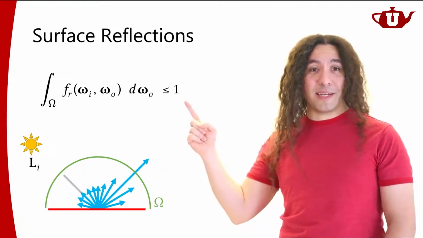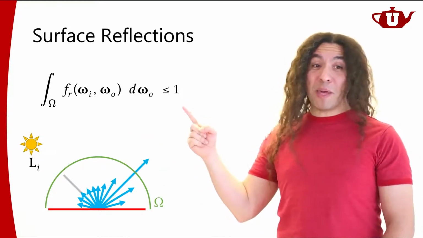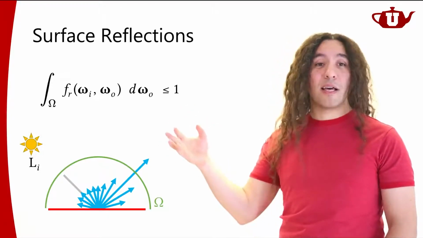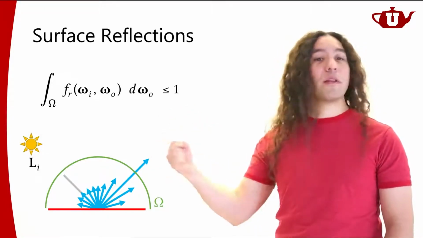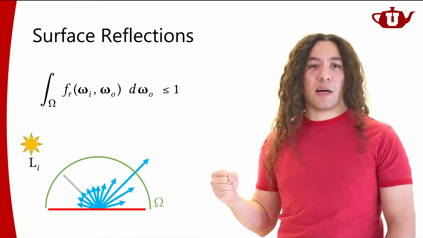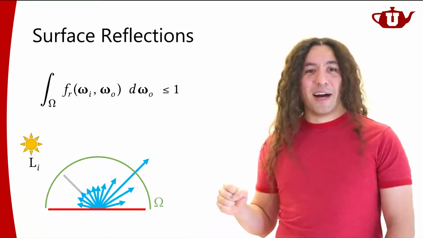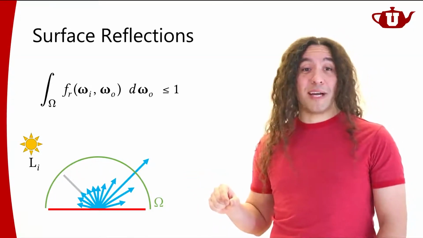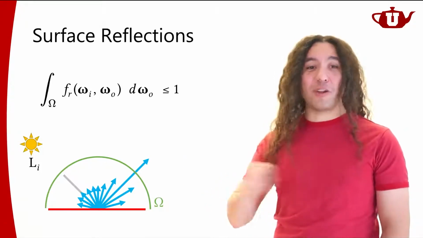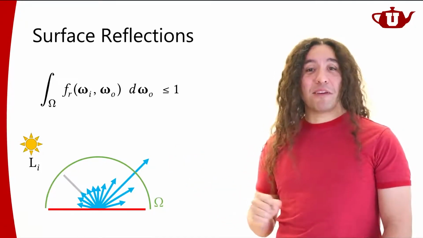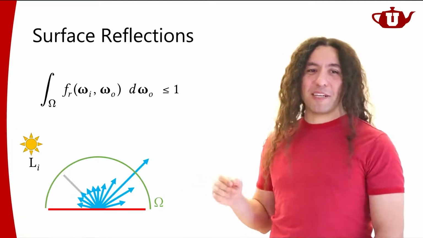If it is greater than 1... It can be 1 in theory. That means the surface is reflecting all of the light that it receives. It's absorbing nothing. That would be a very interesting material, right? If it's reflecting all of the light, that could be a very, very useful material. Unfortunately, not a very realistic material.